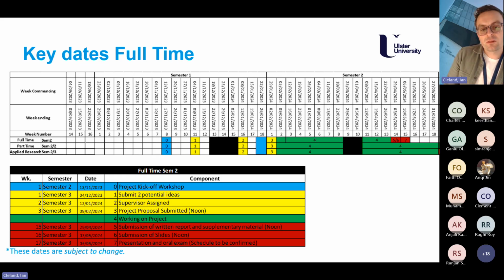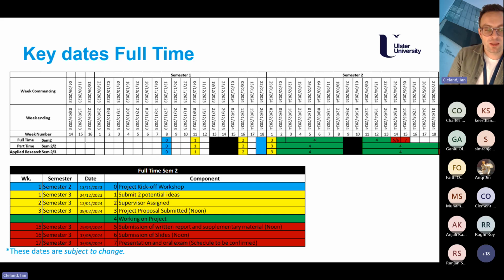And then the green bars are the time that you'll have to actually complete the project. So for those in full-time mode, semester 2, you'll be able to work right up from that date of the 9th of February across the Easter holidays, heading towards the deadlines for the submission of the written material on the 29th of April, and then the slide submission on the 3rd of May, with the presentation component taking place in the week commencing the 6th of May.